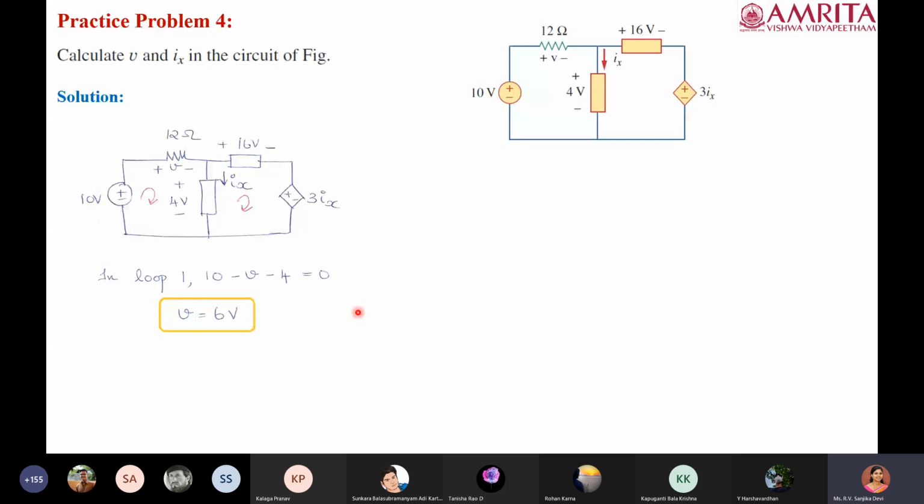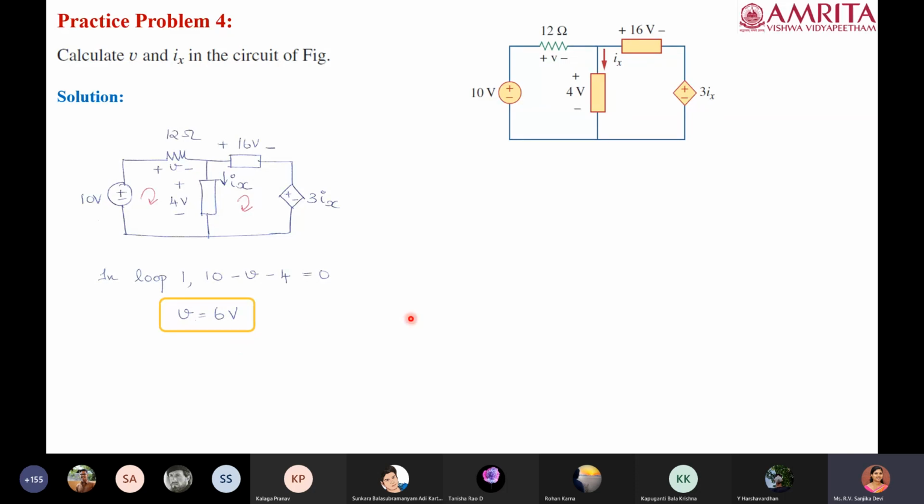Okay. Ma'am, I took V as 12i, ma'am. Is that fine? If you are taking V as 12i, then it means that there is one more variable coming into the picture, and again you have to solve that, right? Yes, ma'am. I did 2 loop equations. Like here in this one loop and another one loop, I got Ix there, so I substituted in here, ma'am. It's the same. Yes, you can do it, but always see to that which one will give you the minimal set of equations. Okay, ma'am. Okay. So here, since V is what we have to determine, we can just keep it as a variable, and with a single equation, we will get the value for V.